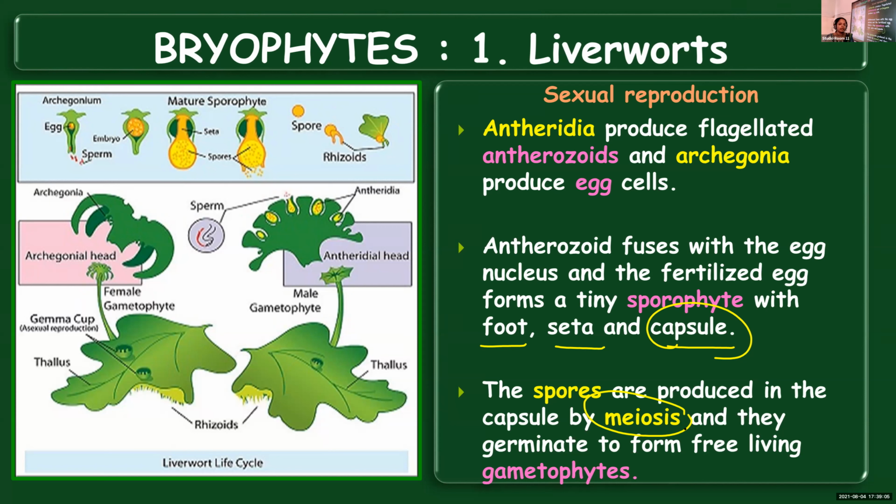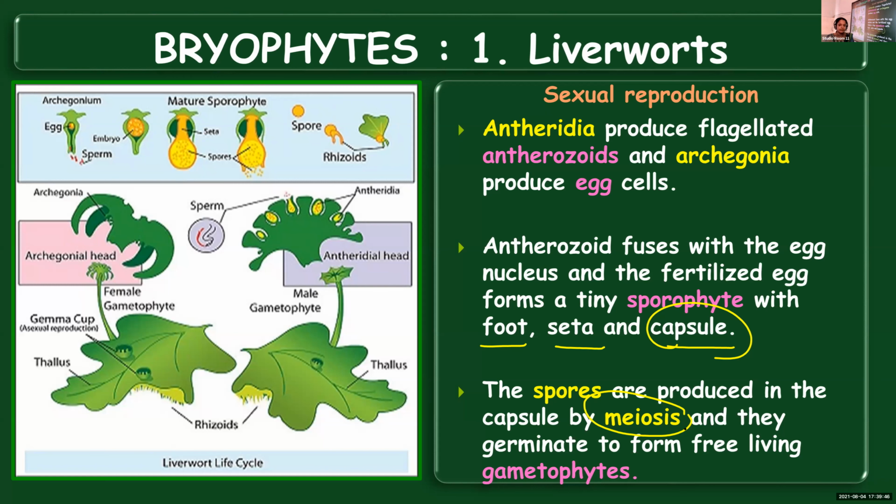There is the gametophyte, and this gametophyte will bear sex organs: Antheridium, Archegonium. Antheridium contains antherozoids. Archegonium contains egg cells. And once the antherozoids reach the archegonium, they will fuse with the nucleus of the egg cell, resulting in the formation of a zygote, or the egg will get fertilized. Once the egg is fertilized, this will develop into a diploid sporophyte. The haploid gametophyte is giving rise to the diploid sporophyte.